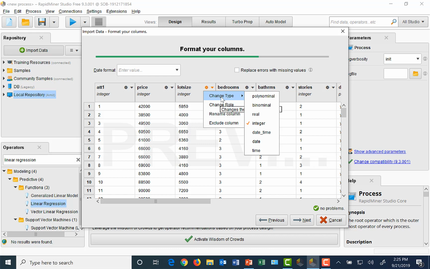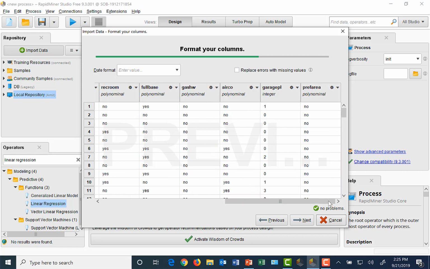There are various kinds of operations that one can do, and I'm just showing you what some of those options might be. Okay, so if we scroll through to the right, we can see many of these attributes, and I just showed you how one might go about doing some operations on the column itself. Okay, so now if I click next,